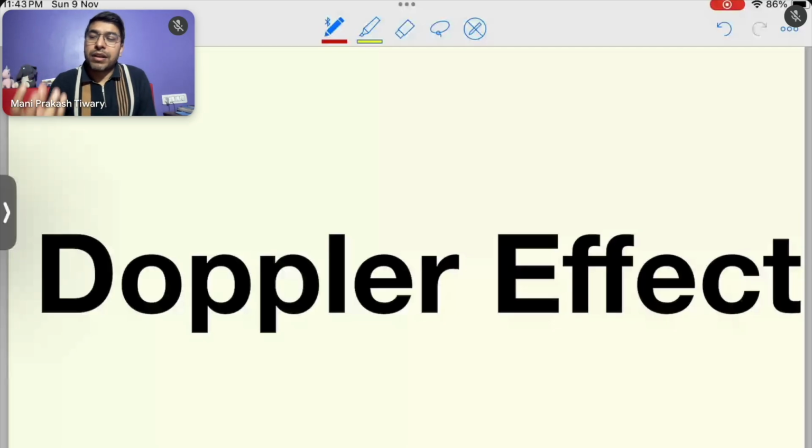Why? Suppose you have a red ball and you keep it in water. When you observe it, will it be red or some other color? Obviously red. It means when you put any red ball or blue ball in water, its color looks the same to you, right? And what else stays the same? Frequency, right? Wavelength will change from air to water, but frequency is constant and color is constant. That's why the color of any object depends on the frequency of the light wave, not on the wavelength. Clear? Okay, now we have to discuss the Doppler effect.